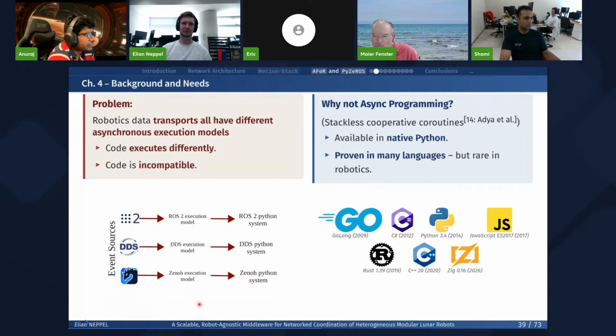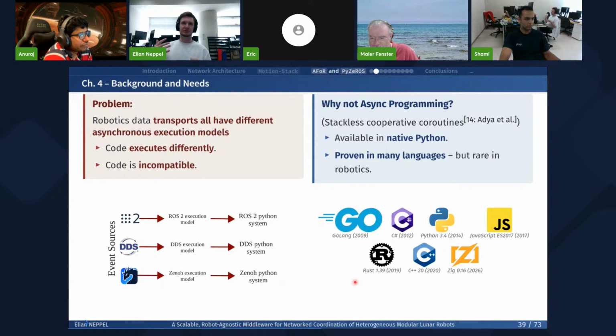And the same if you want to use Zenoh. And this makes code bases incompatible and robots incompatible between each other. And I was thinking, why don't we use asynchronous programming that is directly available inside of the programming languages? For example, it appeared in Python in 2014, and it's even coming slowly to lower level languages such as C++ and Rust in around 2020.